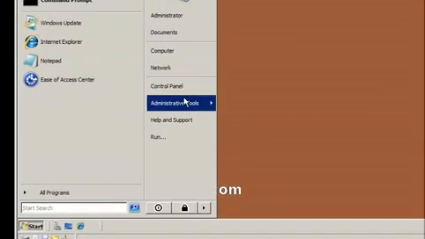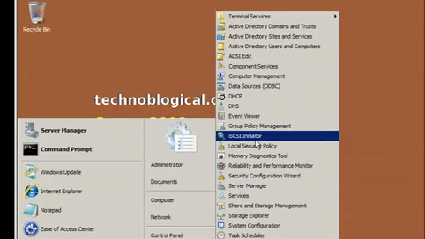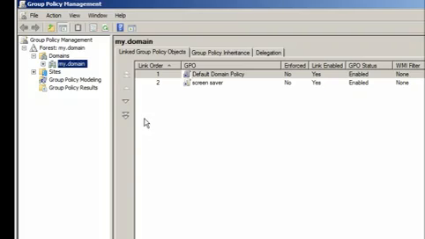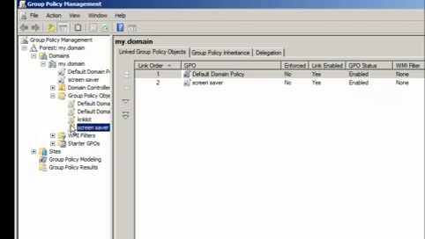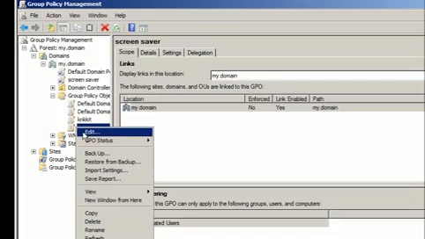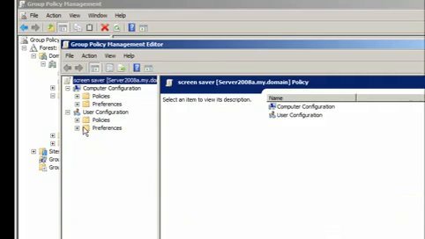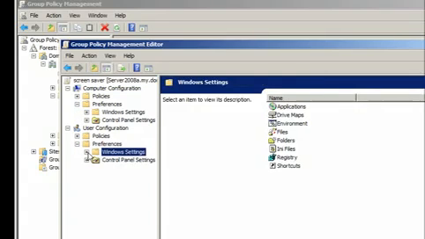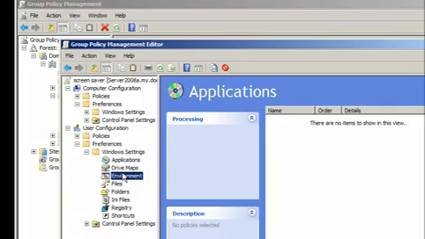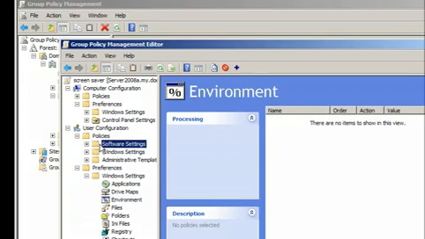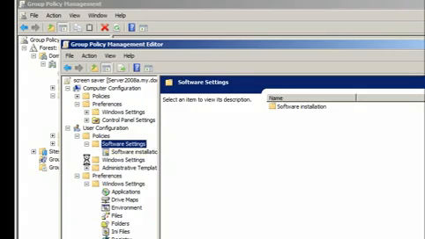So hopefully this video has demonstrated something to you. Remember to go to Admin Tools and then Group Policy Management, and look around on your group policy objects. If you right click and edit, there are lots of settings in here that you can set, such as Windows settings, install applications. You can, for example,